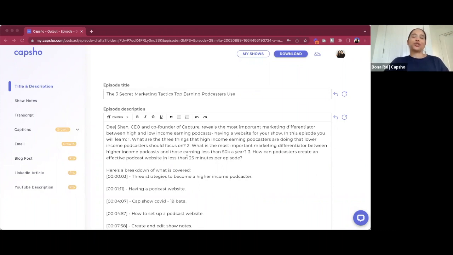Which leads me to the episode number. Now, there are a lot of people out there who recommend not putting the number in because, again, it's a couple of extra characters that you could put towards the title. We actually recommend that you do include the number itself. So not the word episode, but the number. If it's 45, 57, 2, we recommend putting that in there because it's actually a really helpful and quick reference